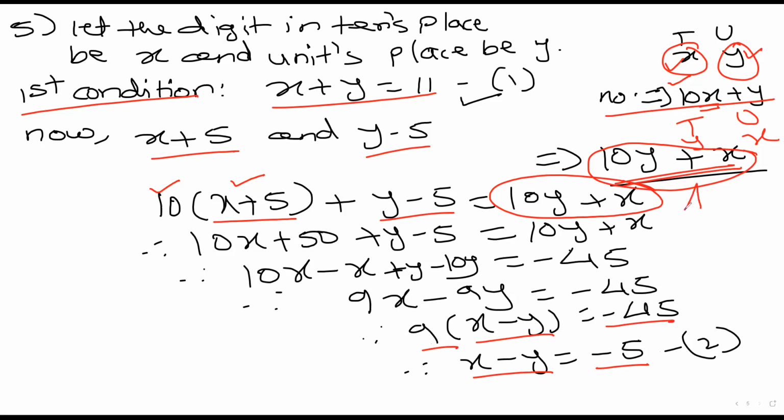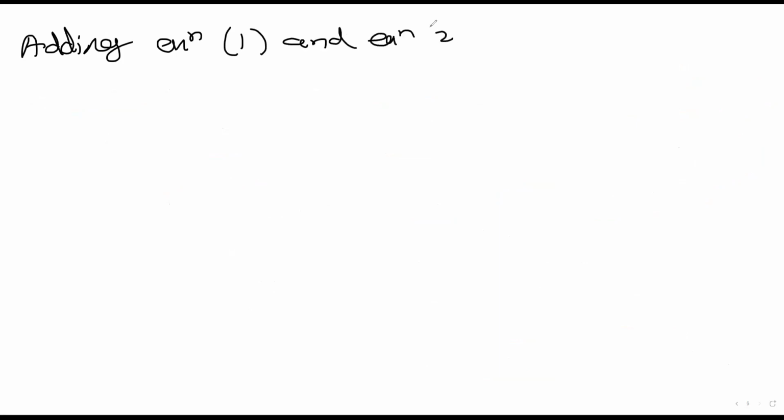See, this formation of the second equation is very, very essential. It's very, very tricky also. Have you understood clearly? Yes, sir. Okay, great. So now write down, adding. Sir, the number is 38. Correct. Adding equation 1 and equation 2, we get,